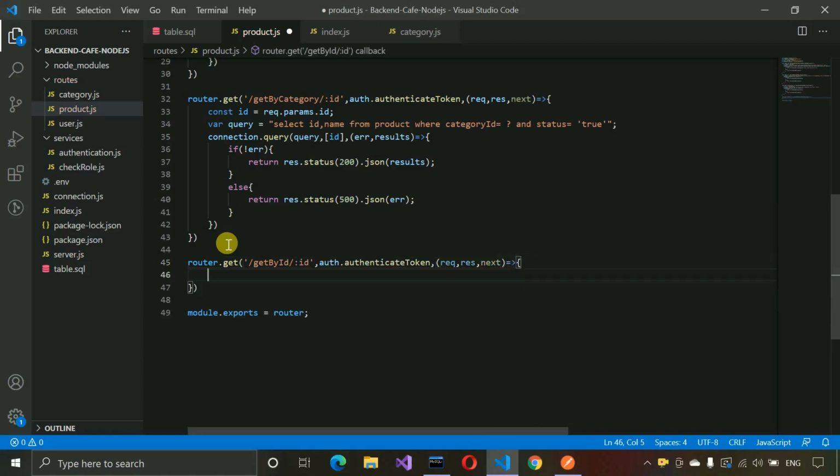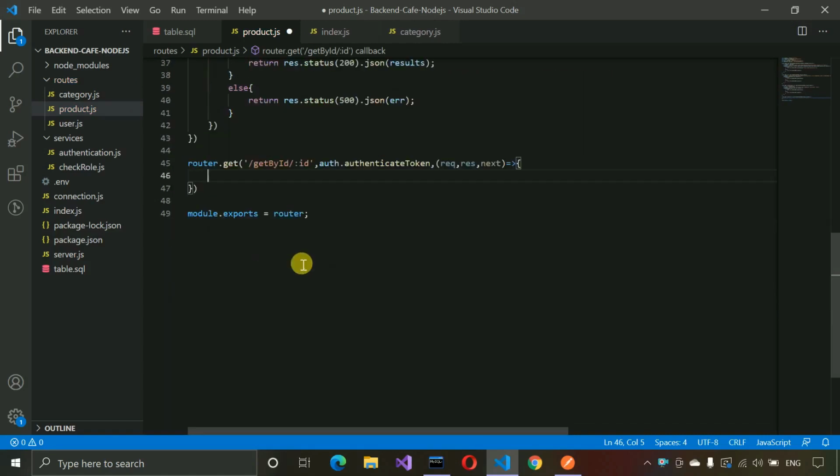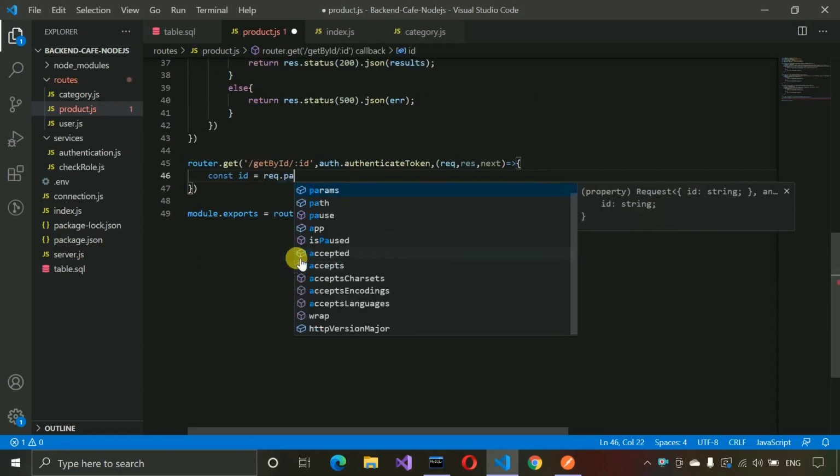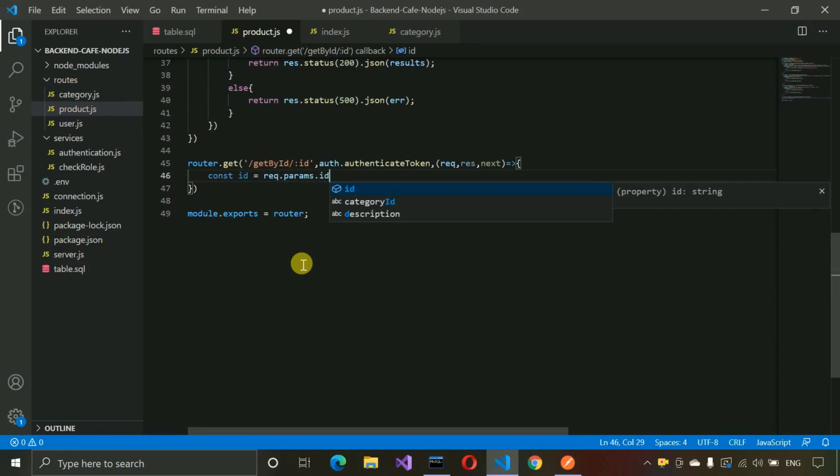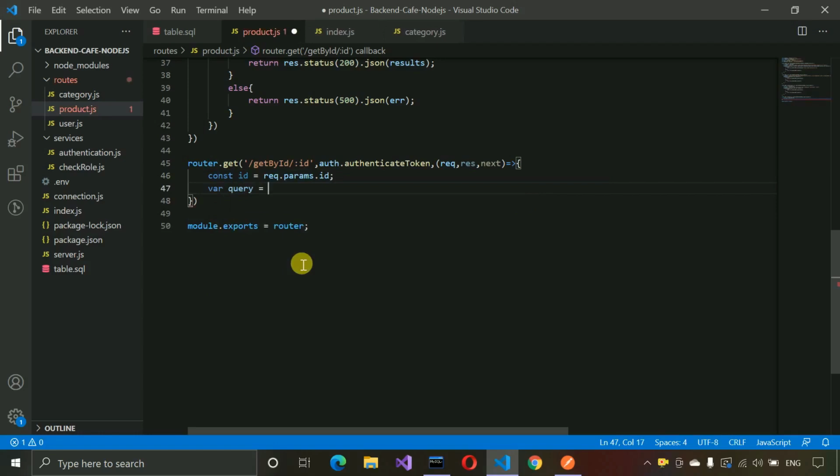Okay, and after that, let me move a little bit up, this one, const id equals request dot params dot id. Okay. After that we are going to write where query equals, and here we have to select all the fields. Okay, so select id, name, description, and price from product where id is equal to question mark, and here we have to write connection dot